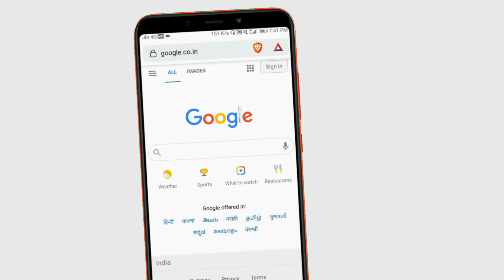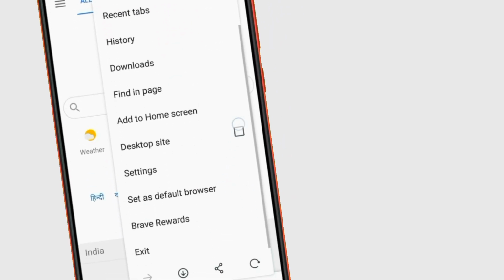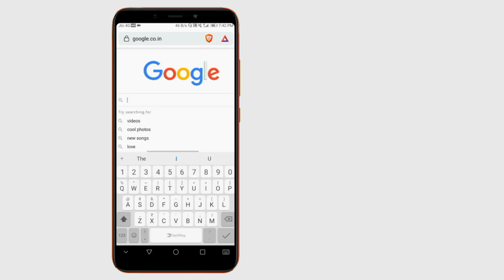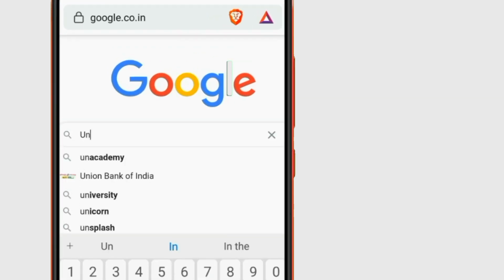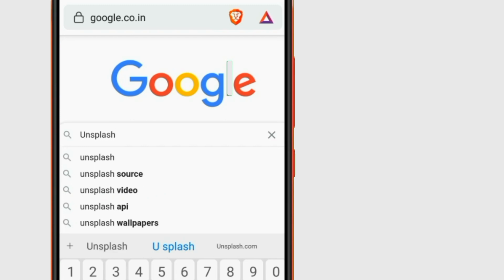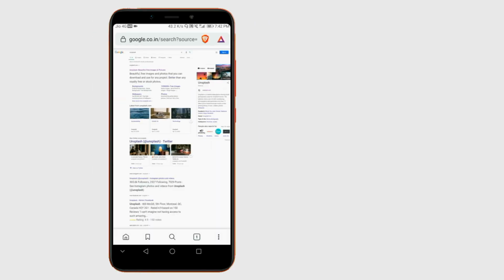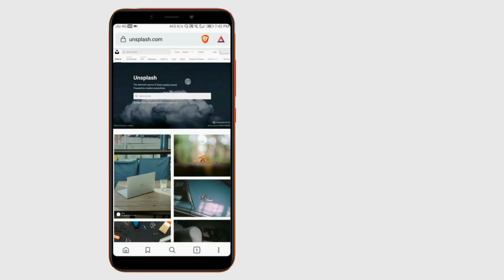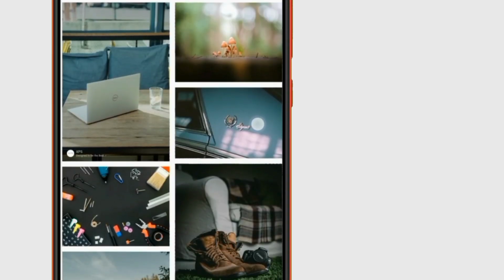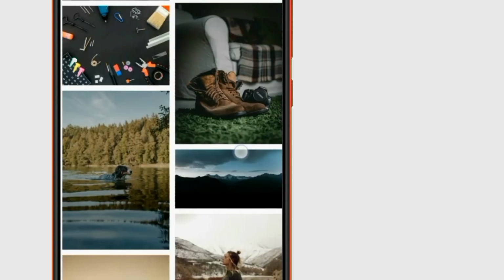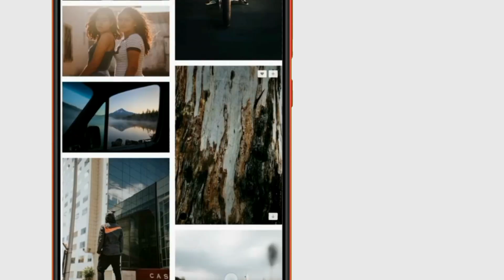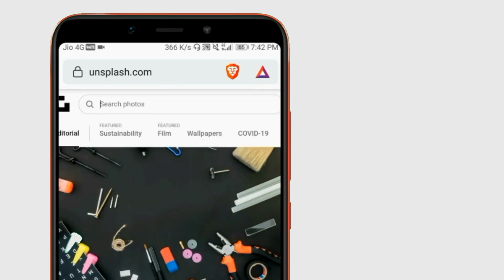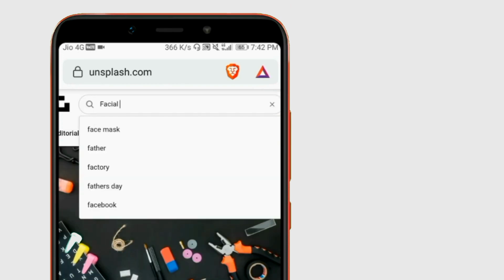So first of all, go to your browser and turn on the desktop site or the desktop view because this makes the work much easier. Then search for unsplash.com and this will take you to a website. Click on the website. Now this website has a variety of images which can be really helpful for your editing, for your thumbnail. As a YouTuber and a creator, I will highly recommend you to go through this website, give this website some time. This website has really great variety of images.